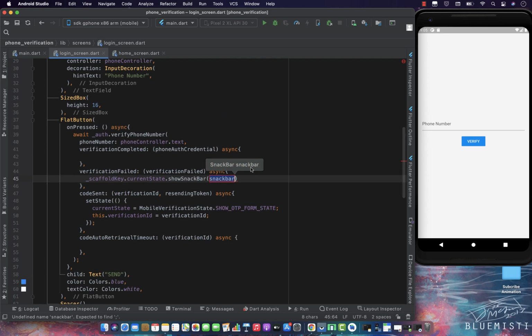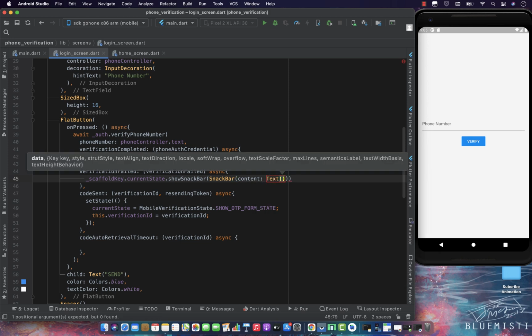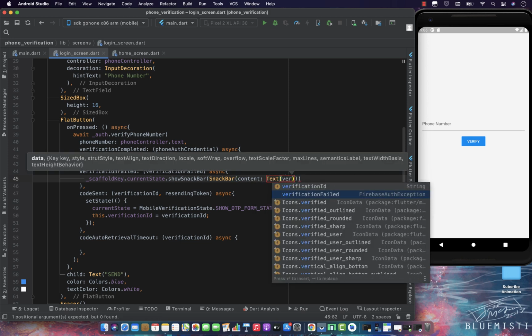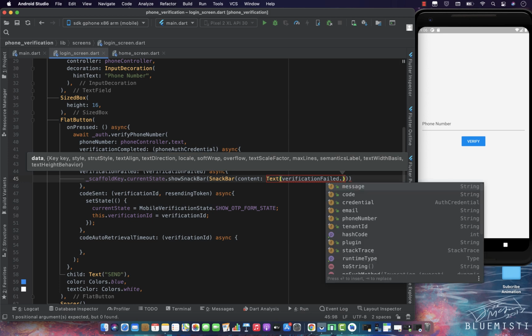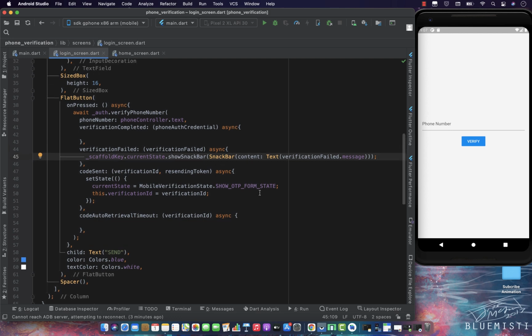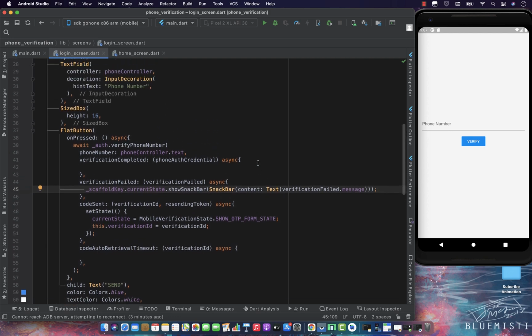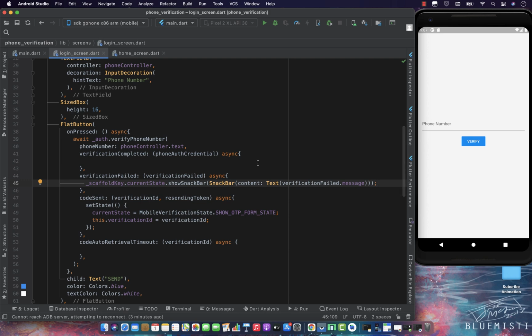So now we can show the snack bar with the text, and you can access this verification failed, and inside it we have the message, so we can simply print the message. That's great. Before moving to the sign in functionality, I'm gonna add the loading stuff, because